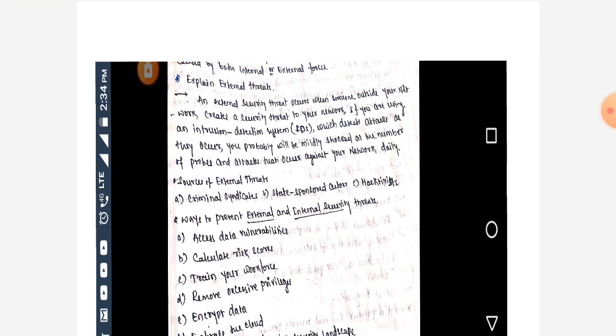So here the sources of external threats are criminal syndicates, state sponsored actors, and hackers.